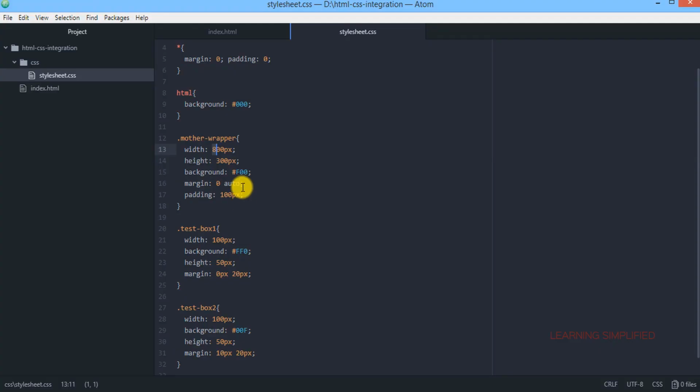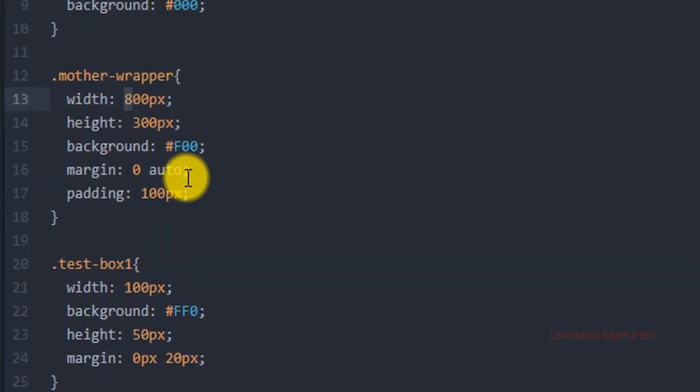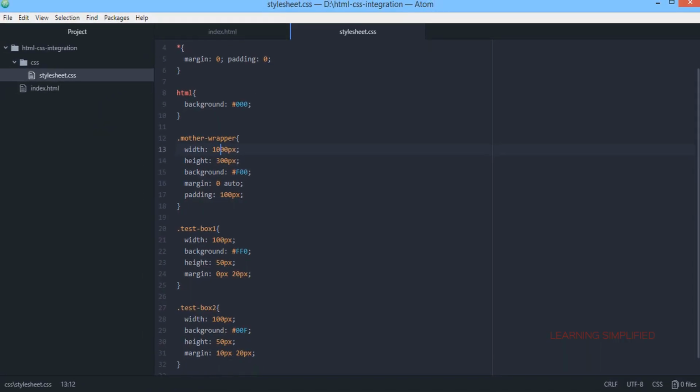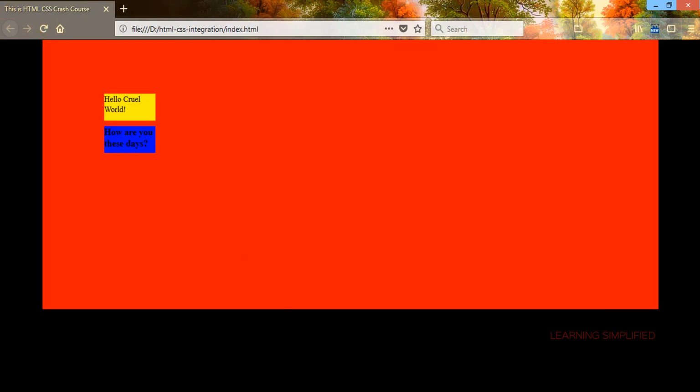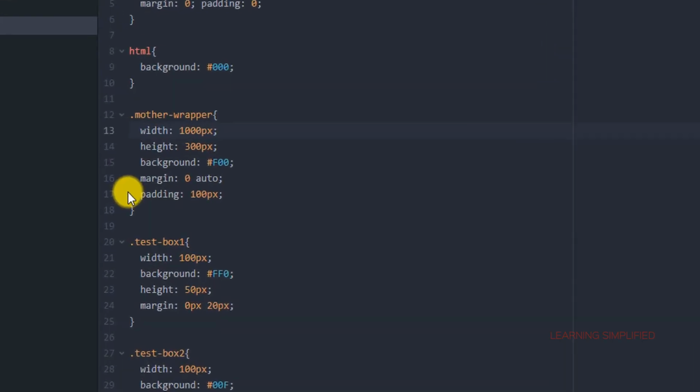Instead of deducting the width which has been calculated due to padding from the original width of the container, if we just keep it as it was, reload, same condition as it was in the previous case.